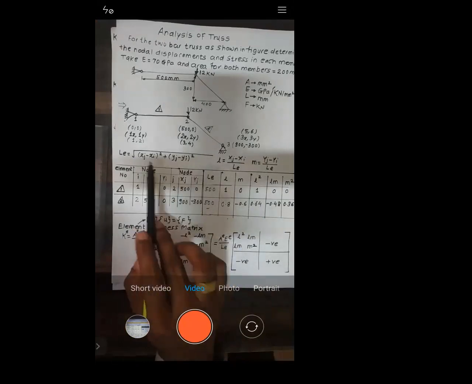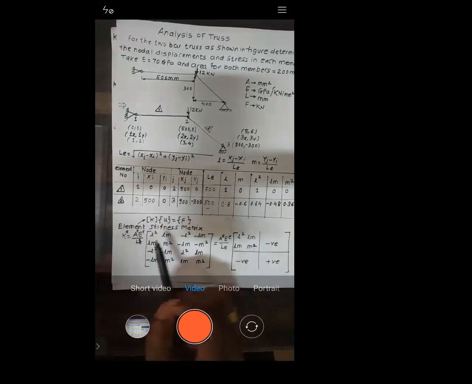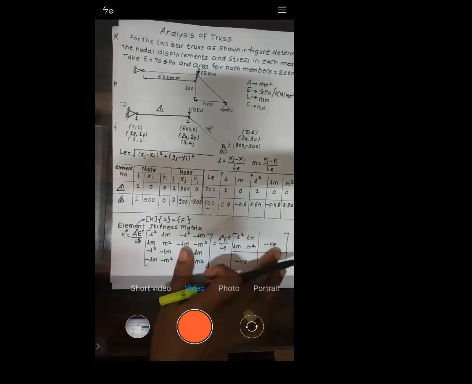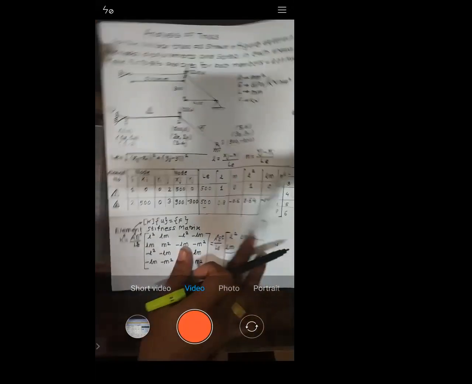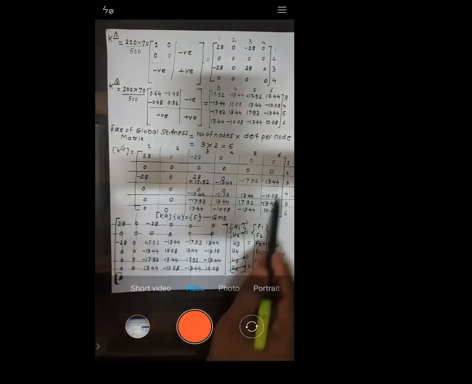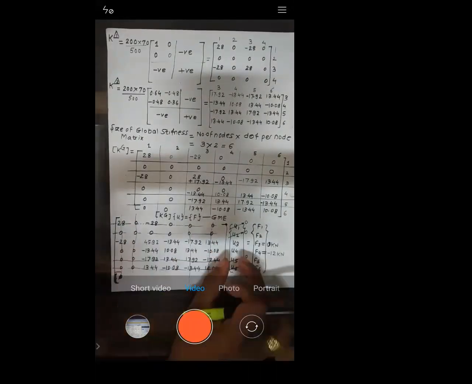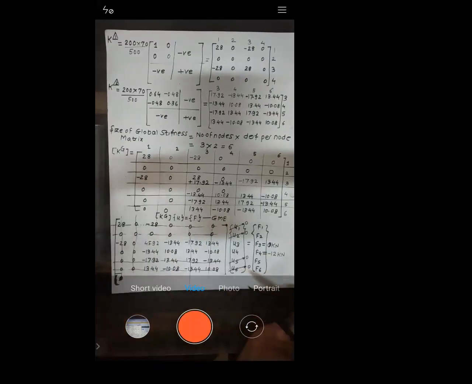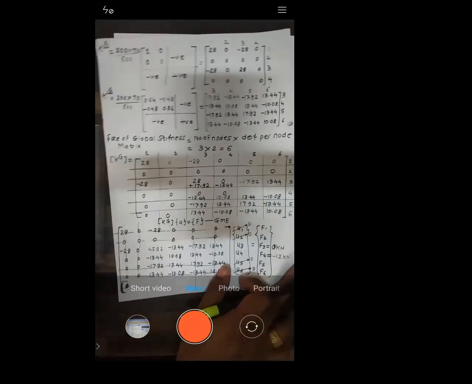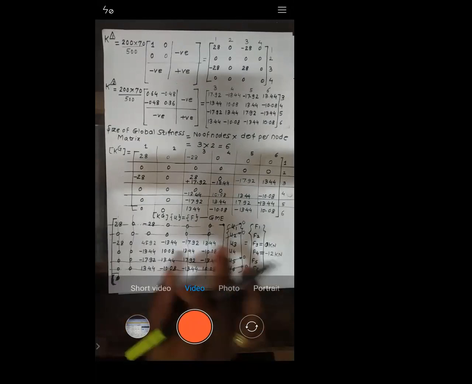After that, we wrote the value of EME, which we derived for every element. When we have EME, we derive GME. When we multiply this GME by displacement, it will give you a force. In that, we applied the boundary conditions, entered the values of the forces which were given, and solved the equations. That's why we are getting these values of displacements.